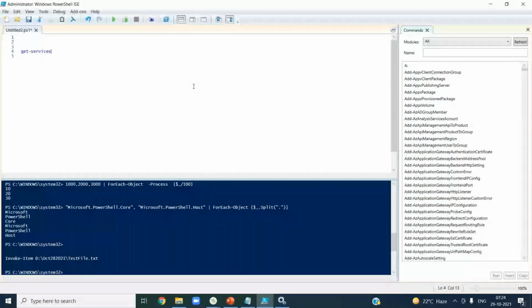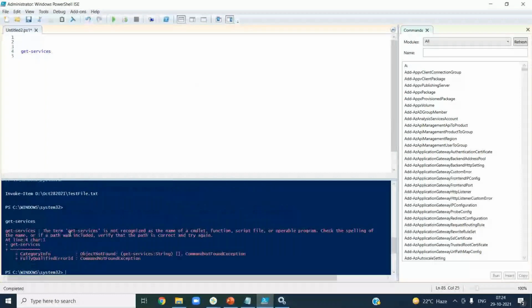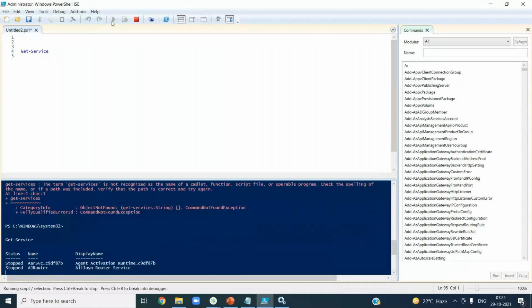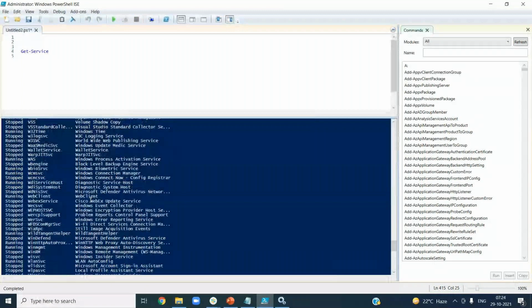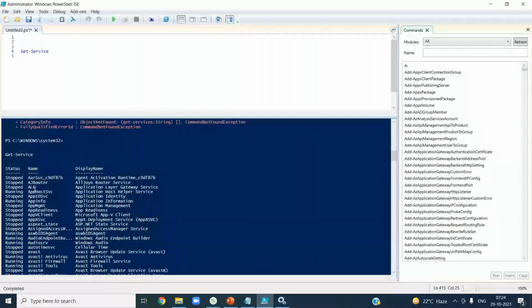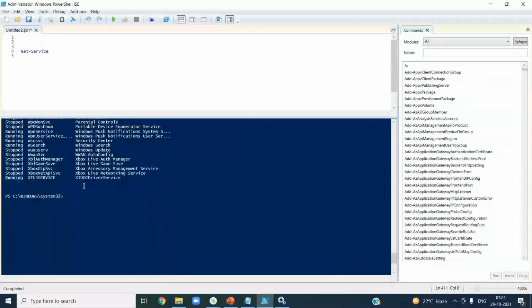Click on tab. Run this. I think this is Get-Service. Now it listed all the services, right? Whatever you see in the services window. But if you want to query only for services which are in stopped status or running status, you can do that query as well. On top of this, you need to apply some other command, the way you applied ForEach-Object, etc. You can apply that query here as well.